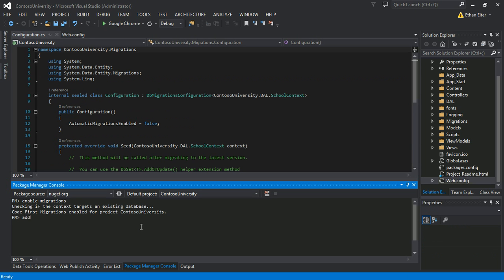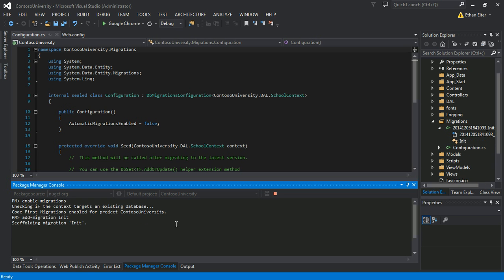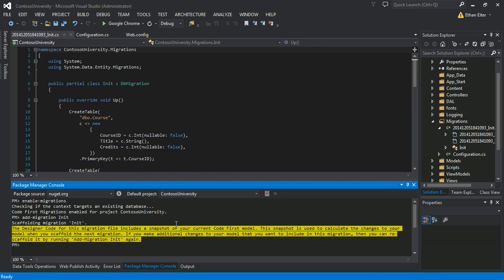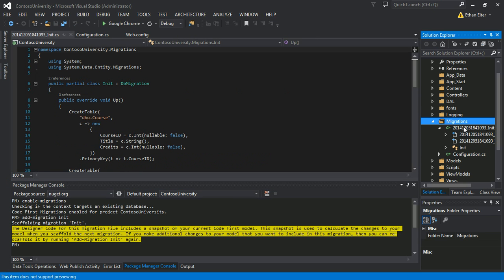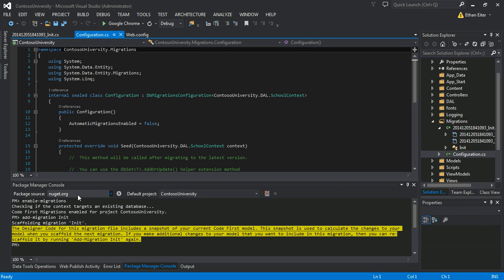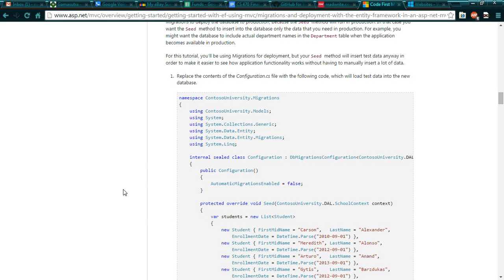Now let's add a migration, which you can call anything you want. Use it as a descriptor. And now, as you can see over here, we have a migrations folder, a migration with a timestamp, and a configuration.cs file. So in here, we're going to take